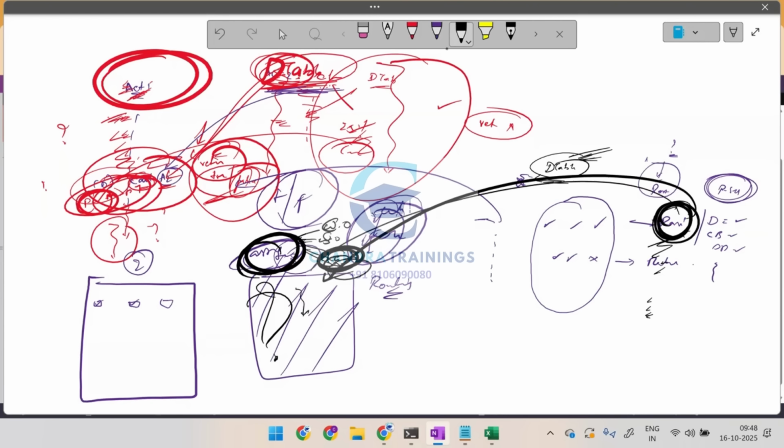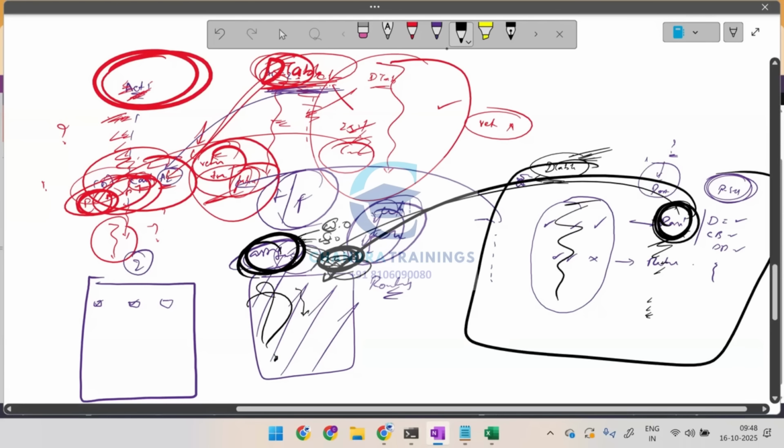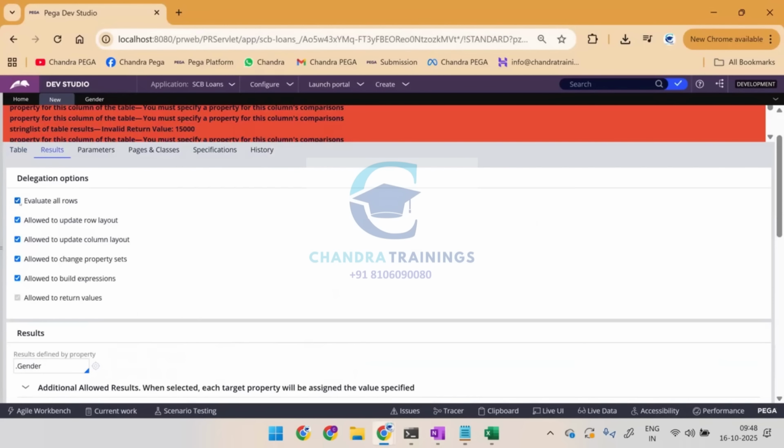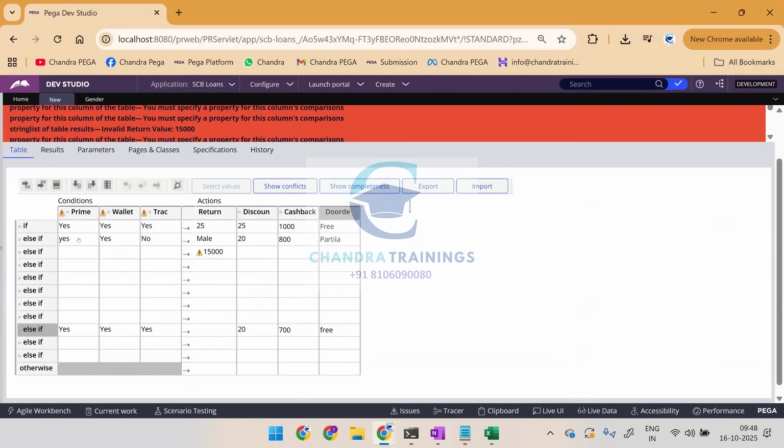Now in this example, based on some set of conditions, I want to give a return value as well as a property set. In that scenario, you cannot go for evaluating all the rows. Instead, you'll come back here and get everything like else if, based on which this is our return value, something like Ravi is the name you have to provide, and extra properties